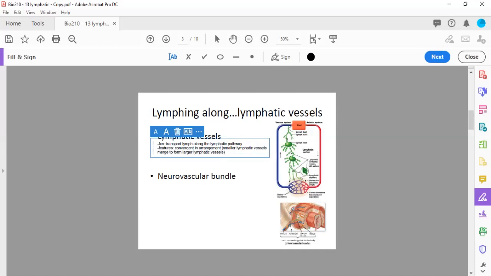In addition to being convergent, the pressure in the lymphatic vessel is very low, similar to the veins. And for that reason, it requires the presence of a valve